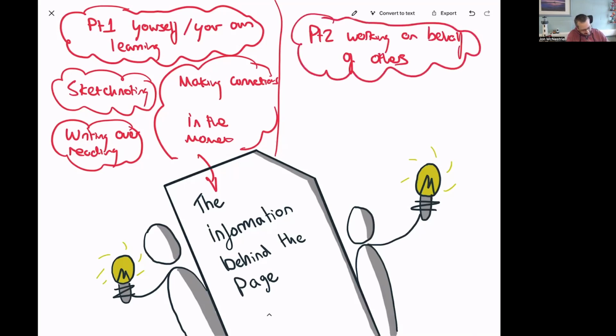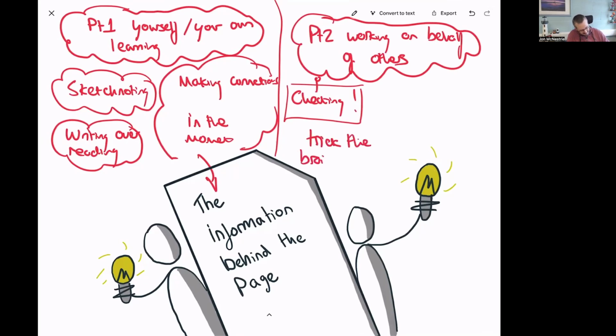And this is really cheating. This is using the skills that you have as someone who has visual facilitation knowledge to help to trick